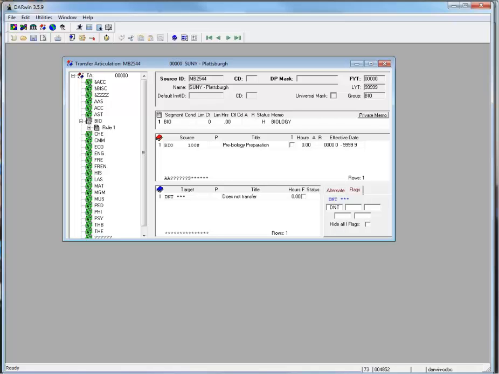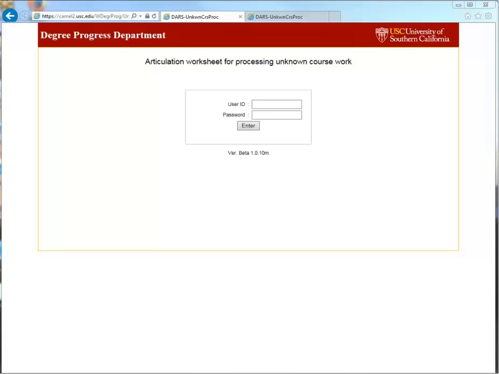The quickest way to demo this is to show you a screenshot of the transfer articulation rule sets, in this case for biology at SUNY Plattsburgh. See, we have one course. What we're going to see is that students who take biology at this school, what would happen, what we would see on our API. So logging in here,